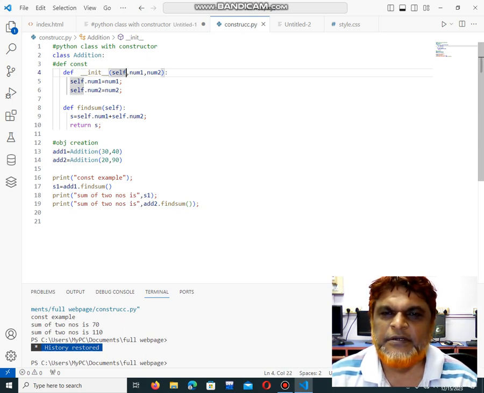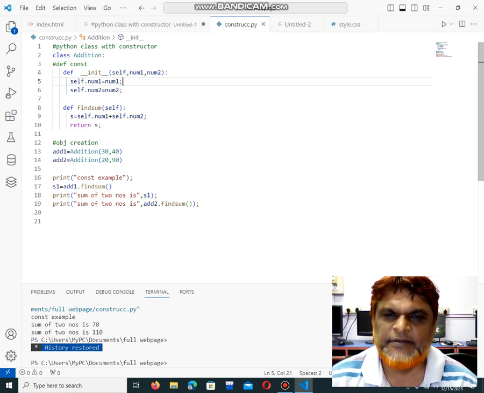Self is where we are assigning the same variable to the existing variable. The variables passed to the function are called instance variables. Here the right side variable indicates the value, and the left side indicates the declaration. Self is for where we declare the same variable for value and as a variable.